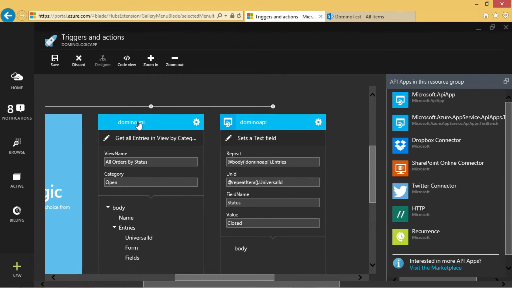So in summary, this workflow will select all entries from the view all orders by status with a category of open, and export that to the next connector, which also just happens to be a Domino connector. It could be anything else. We could be reading from SharePoint here. As long as we have the unit available, we can set that back again. So we're then going to repeat over those entries using the universal ID of the document as the key to update it, the unique identifier of the document, and we're going to set the status field to closed in each of those 2 documents. So if we save that and run that manually,